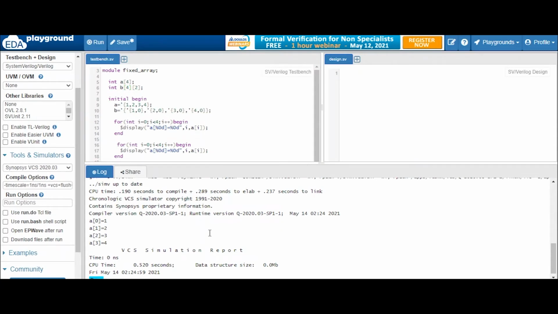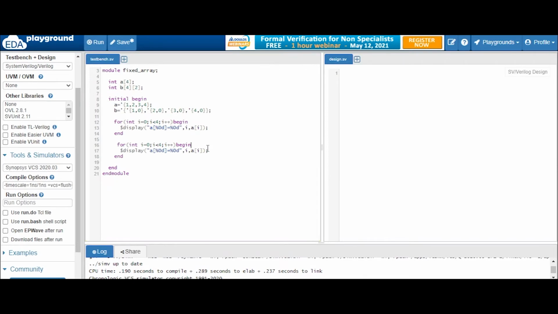Now for displaying, as it is a two dimensional array, you will need two for loops, like nested for loops. j is equal to 0, j is less than 2, right? This is our column. j plus plus, begin and end. In the display statement, we will display %d, we will display two dimensions, and we will declare the elements.